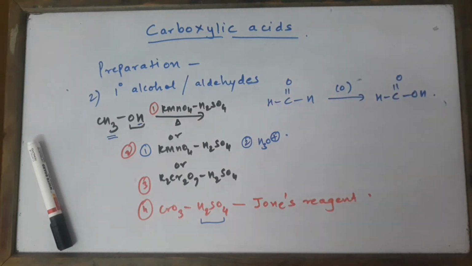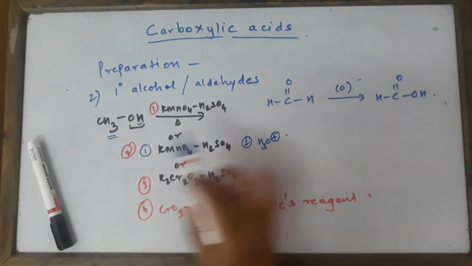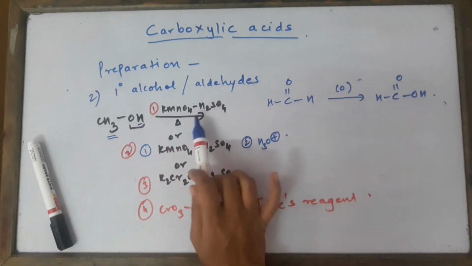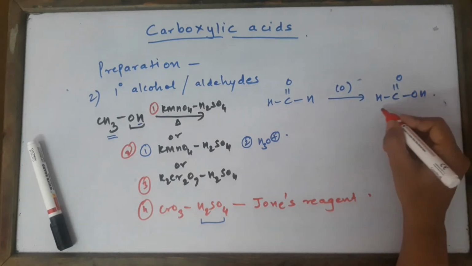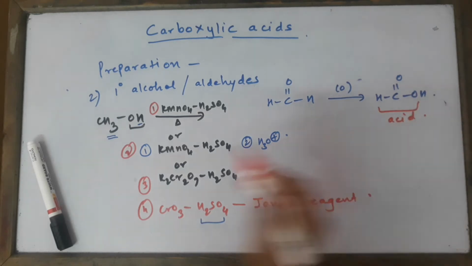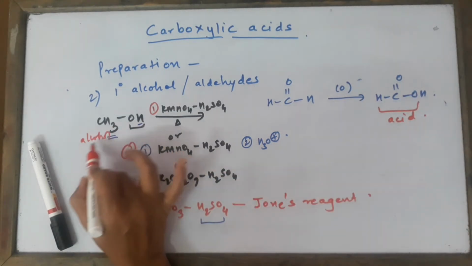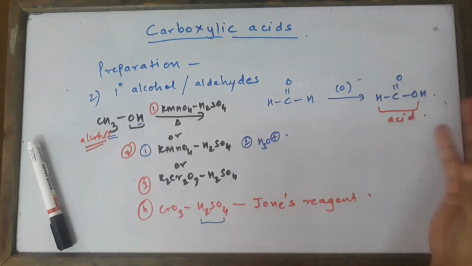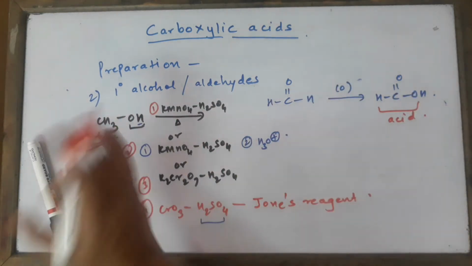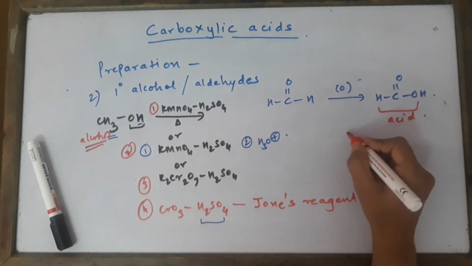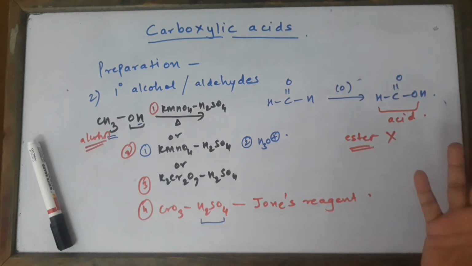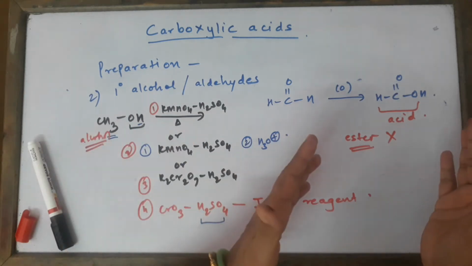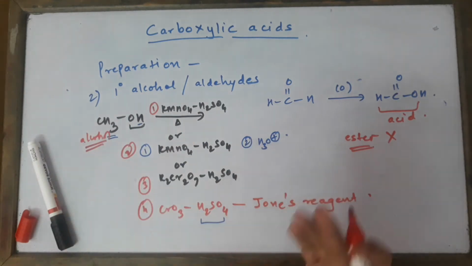And remember one thing, that if I want to synthesize acids from alcohols, I won't prefer this technique of acidified KMnO4. This is a question for our exam, because we get an acid over here, and in the test tube there was an alcohol also. Some alcohol might have remained unreacted. So the moment the initial molecules of acid are formed, they are just going to react immediately with the alcohols, and as a consequence we are going to get ester. So are we looking for ester? Of course not. We are wanting carboxylic acid. I want 100% carboxylic acid to be formed here. So this method is not a preferred method.